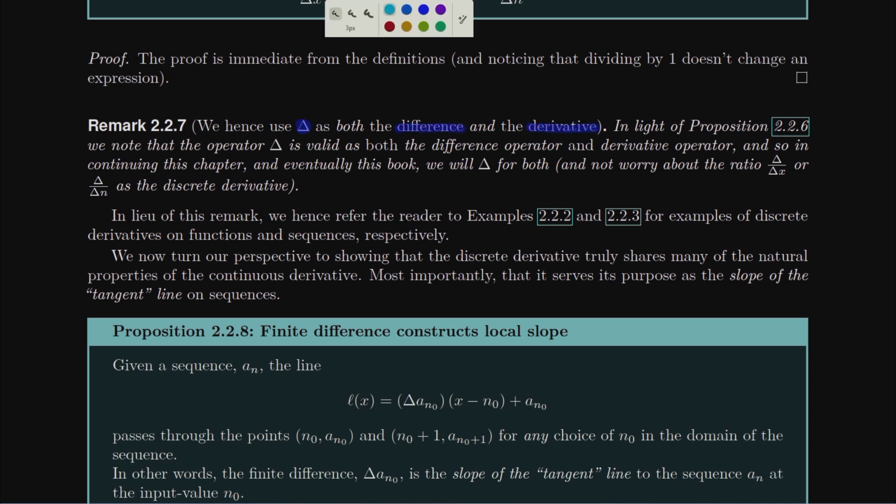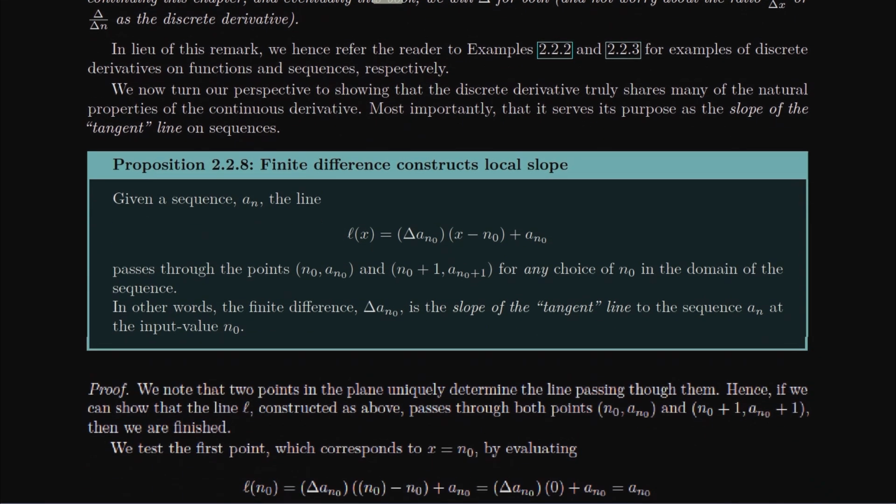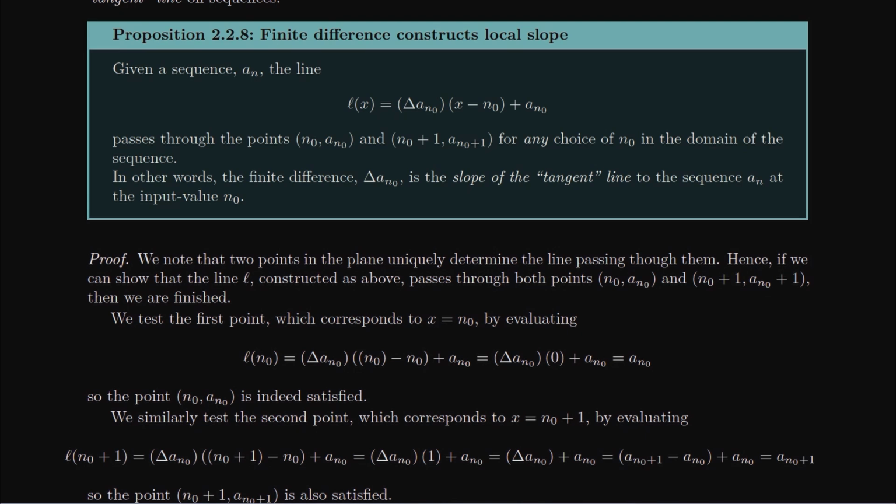So in sequence land, what is this remark actually saying? In sequences, delta a_n is the derivative. It's the best we have for a derivative. And so we're basically going to treat it like the derivative for the rest of this chapter and the rest of our semester. So our next proposition basically says, it really does behave the same way. The finite difference constructs the local slope of a sequence. Or in other words, if I construct a line, this is playing the same role as the tangent line for functions and their derivatives. If I construct a line whose slope